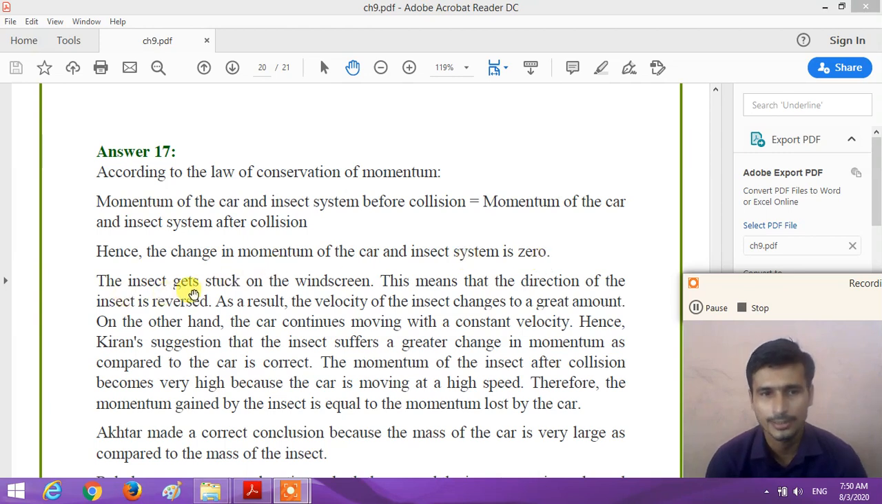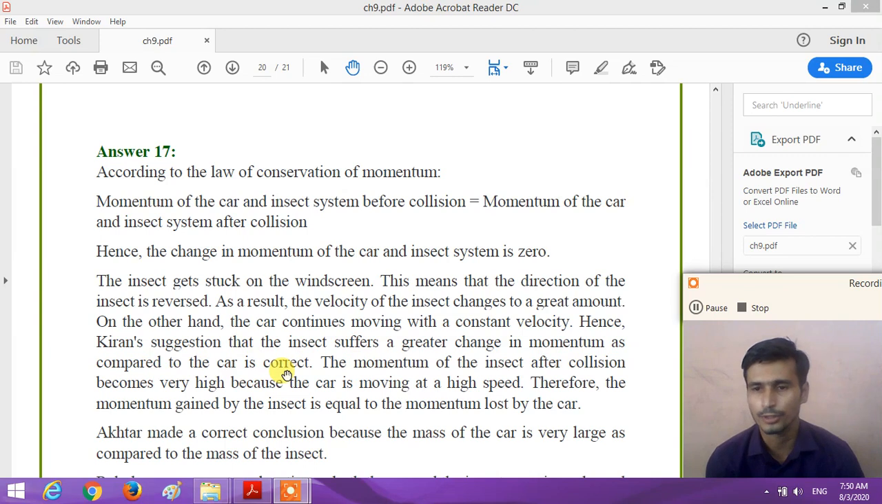Now the insect gets stuck on the windscreen. This means that the direction of the insect is reversed. As a result, the velocity of the insect changes by a greater amount. On the other hand, the car continues moving with constant velocity. Hence, Kiran's suggestion that the insect suffers a greater change in momentum as compared to the car is correct, because